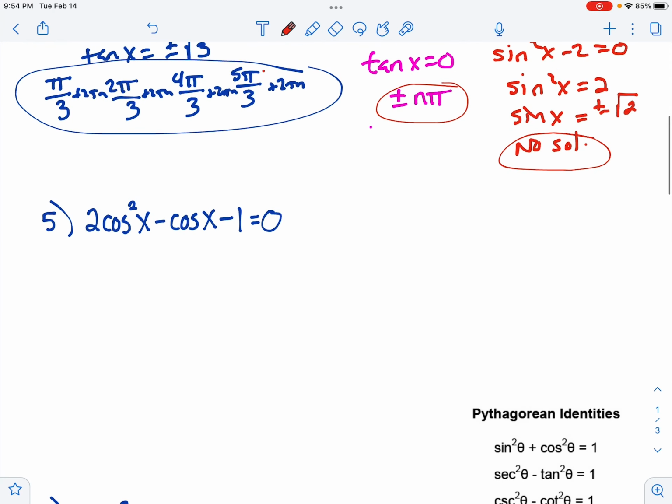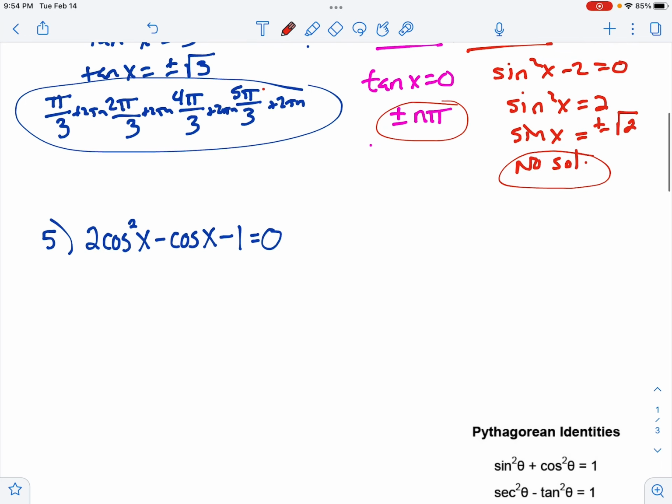Let's look at another one. Okay, now think back to factoring. Think of this equation just like as if we would have 2x squared minus x minus 1. If we were going to factor that, what would we do? Well,